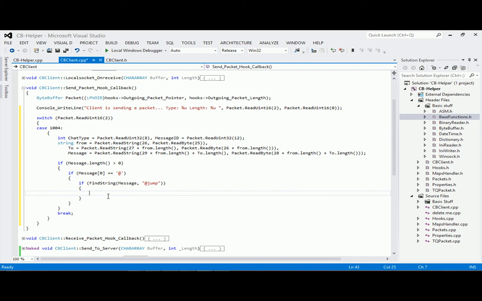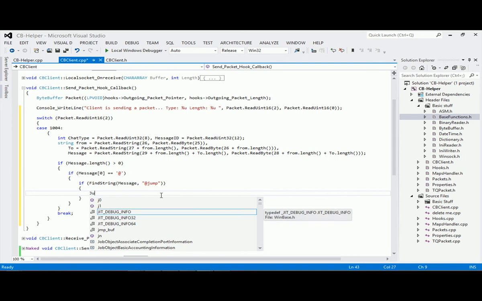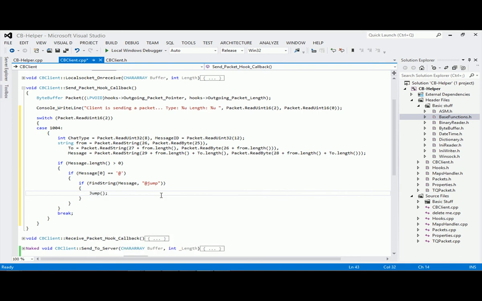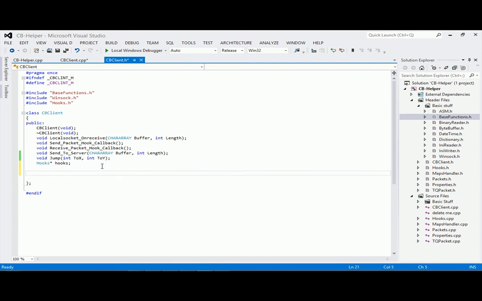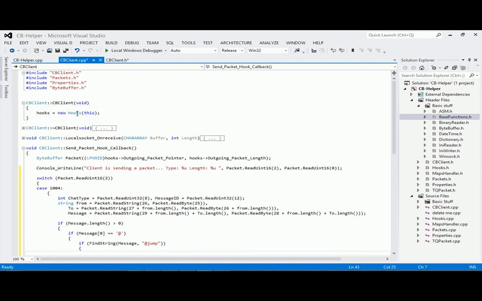So if it finds at jump in our message, what it will do is simply jump. We're going to jump to a certain x and y. For now we don't have any x and y, so let's go define these real quick. I'm going to switch back to cbclient.h, go underneath these, and type int. I'm going to call it map, and I'm also going to need an x first and then a y. Then I'm going to copy these and switch back to cbclient.cpp